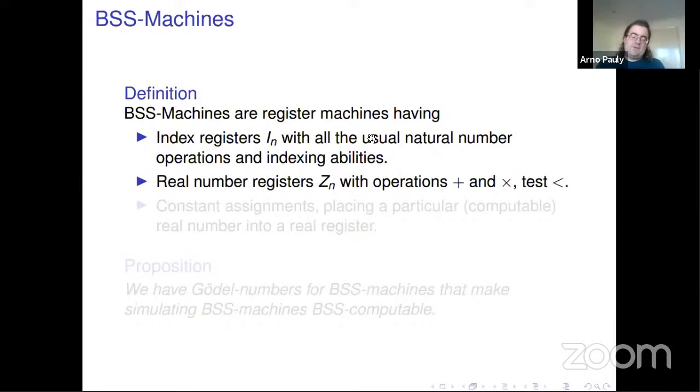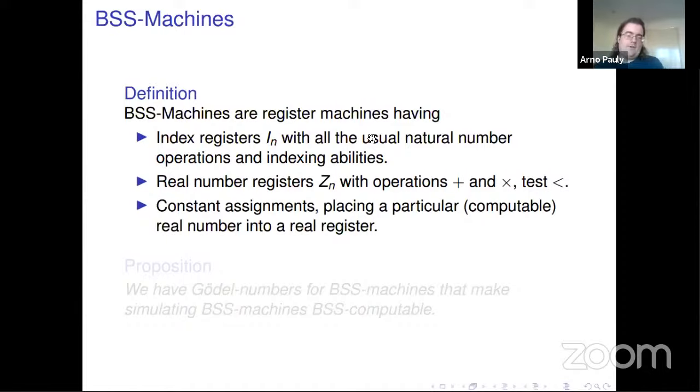Those other registers are carrying real numbers in them. And what we can do with those is add them, multiply them, and test which one is bigger. And then we have our usual register machine programs with one more final twist, which is